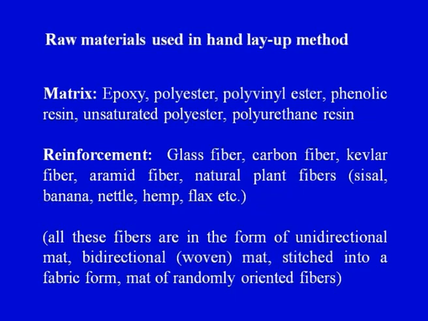The reinforcement can be in terms of glass fiber, it can be carbon fiber, Kevlar fiber, aramid, natural plant fibers. Natural plant fibers, again we have already seen one particular slide in which there is a wide variety of plant fibers which are being used today in the fabrication of polymer matrix composite products. Now what are these? These can be plant fibers such as sisal fiber, banana fiber, kenaf, hemp, flax. These are some of the categories of the plant fibers or natural fibers which are being used as the reinforcements to the polymer matrices.